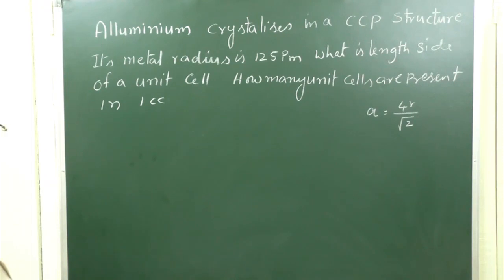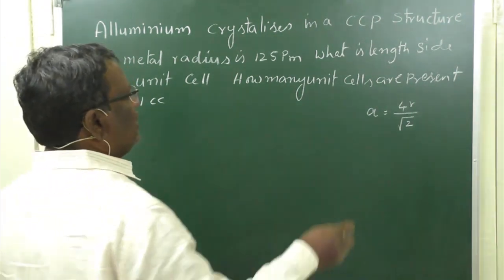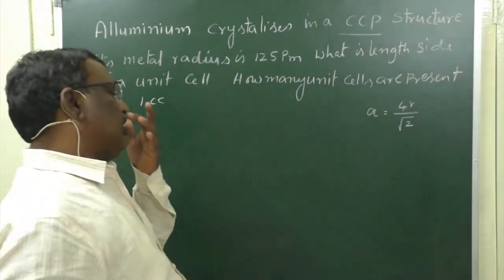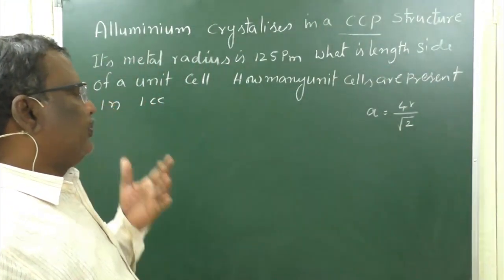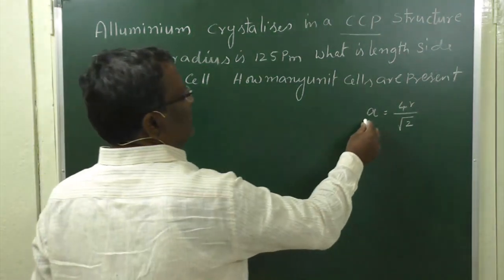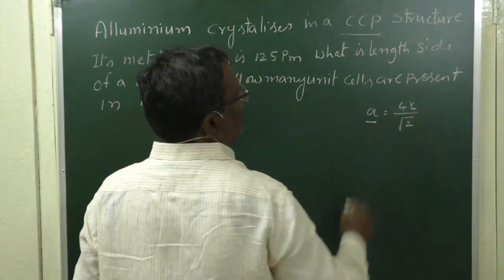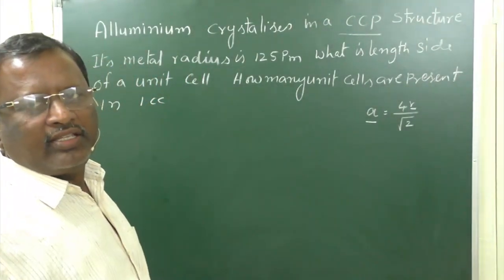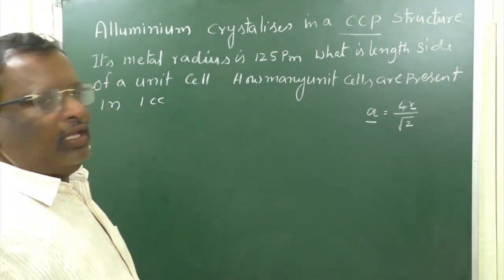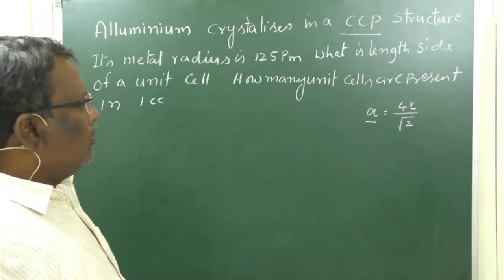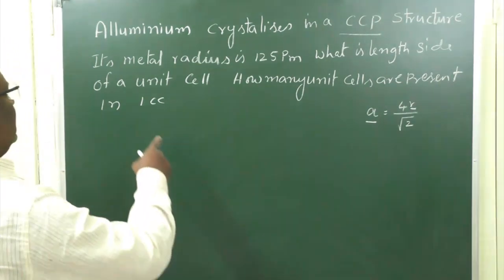Here aluminum crystallizes as CCP. CCP or HCP, it forms a face centered cube. In a face centered cube, the relation between side edge A and R is: A is equal to 4R by root 2. So, here